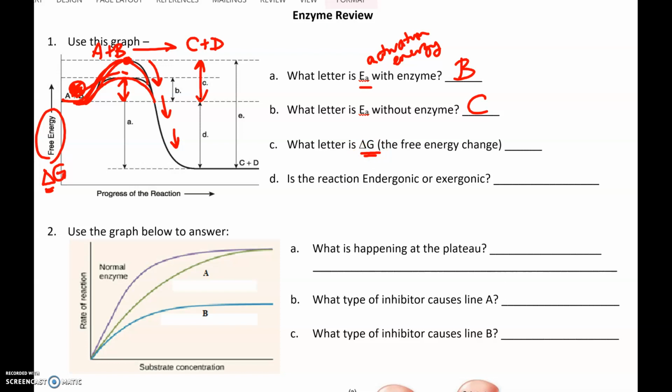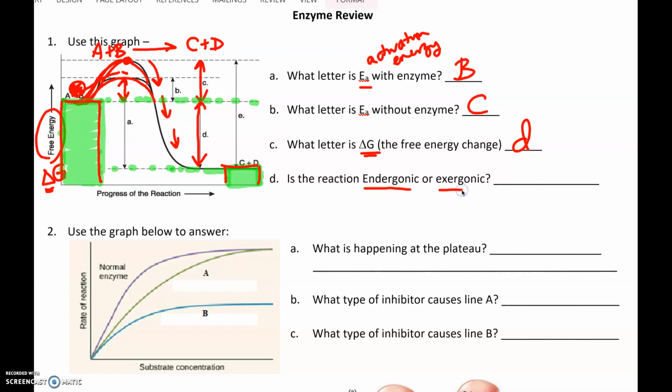So think of it this way. Look at it like a bar graph instead. Here's the amount of energy my reactants have, and here is the amount of energy my products have. The net change between those two things, that's my free energy change. And notice, because this is really important for the test, enzymes don't affect it. So the free energy change would be represented in this by arrow D. And when you would calculate it numerically, it would be final minus initial,